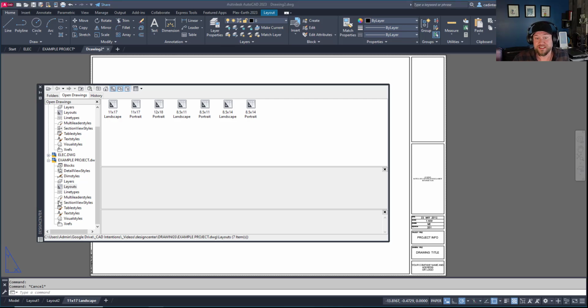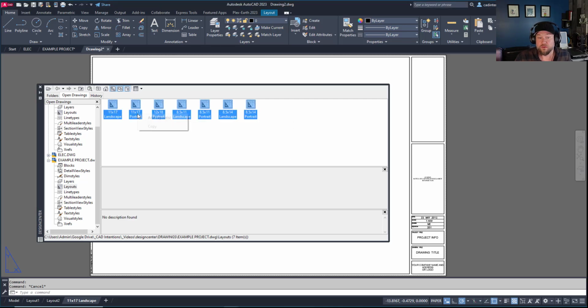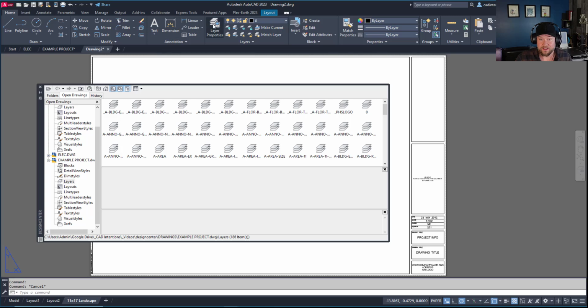And again, you can simply select all of these, right click and hit Add Layouts. You can hold Control to select more than one if you'd like to select multiples, but not all of the objects. Now, this also works for layers. You could see before that my layers in this drawing are pretty sparse. If I want to bring in, say, the entire AIA layer set, I can do that by going to the